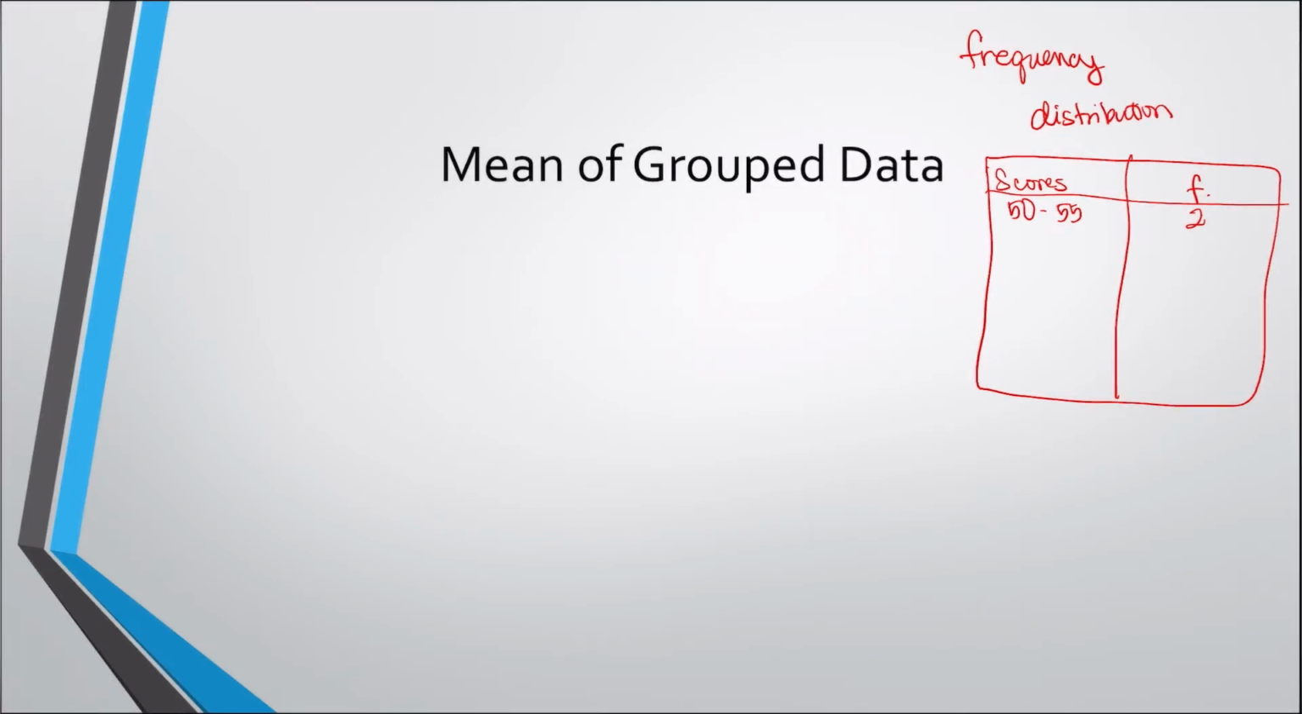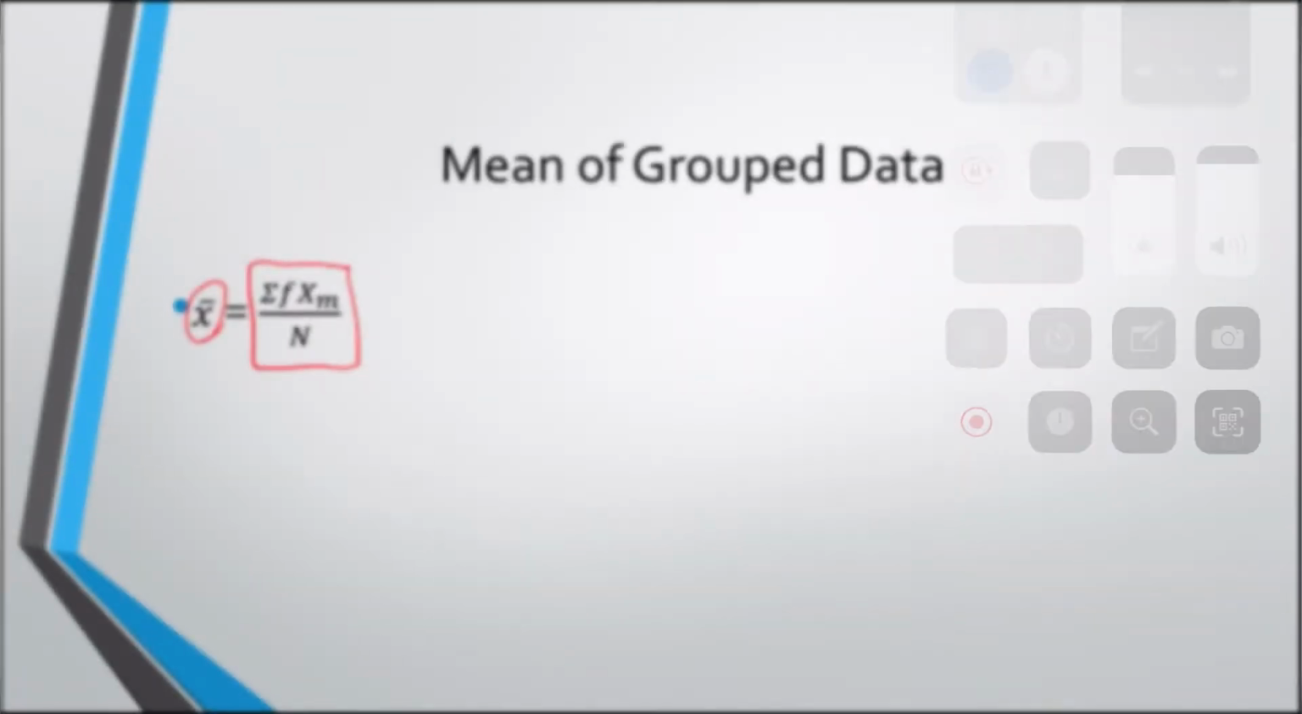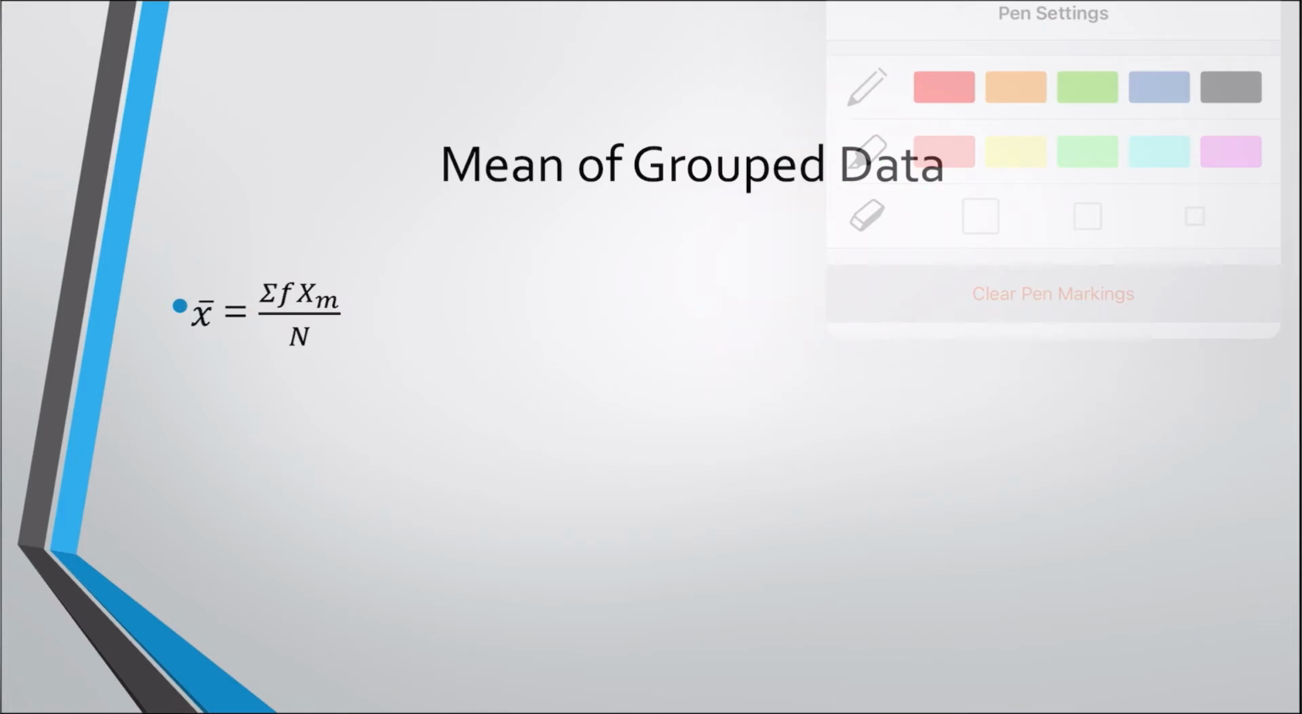Pag-usapan muna natin yung formula na ginagamit natin sa pagkuha ng mean ng group data. So, yung formula na ginagamit natin is this one: mean equals summation of f x sub m over n. So, again, wag mo nang mataranta kapag nakakita kayo ng ganitong formula. Iisa-isahin natin yung meaning ng bawat